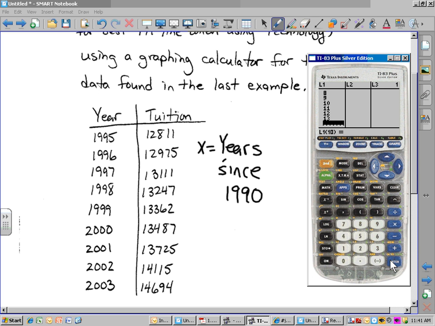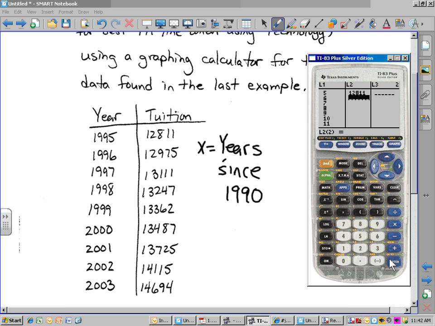I know you want to get the lists in there as quick as possible, but you need to be careful about typing. You mistype one number, and your graph's going to be off, your equation's going to be off, your prediction's going to be off. Now, this list was pretty simple. The next one, though, not so simple. List 2 is the corresponding value. So for 5,